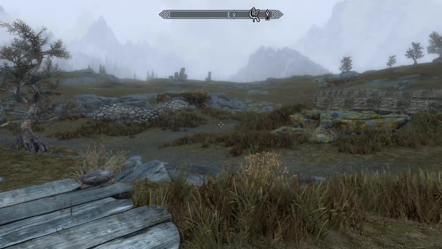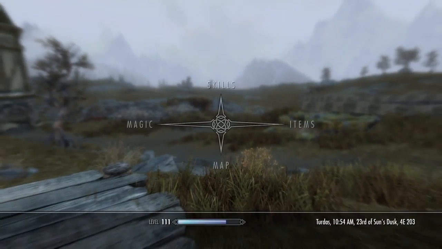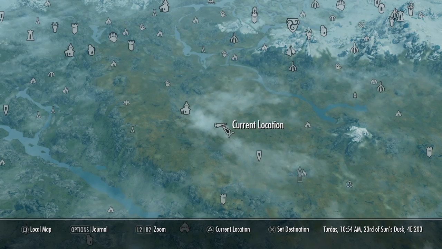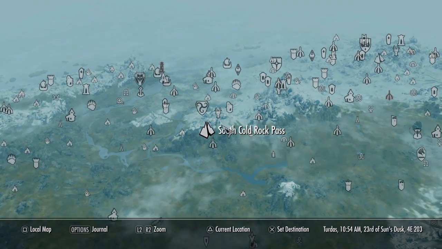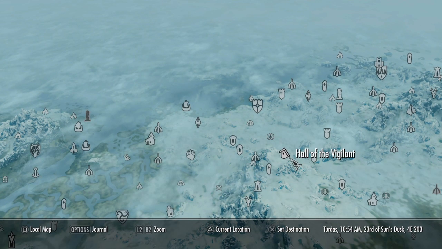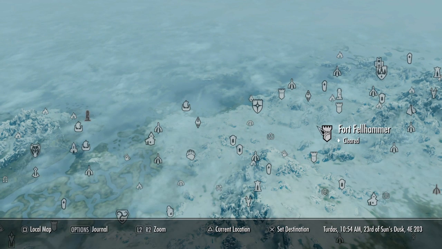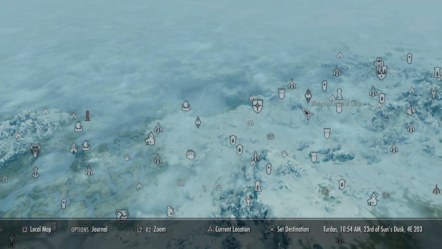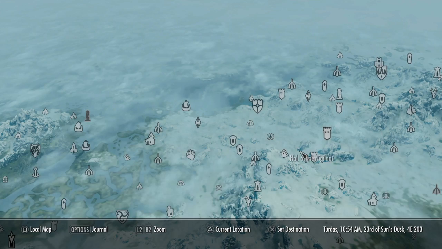Next up, let's take a look at Bloodchill Manor. Now, what's going to happen is a courier is going to actually bring you an invitation to dinner, and you read that and the quest starts. Just that simple. So when we're talking about Bloodchill Manor here, we're looking for